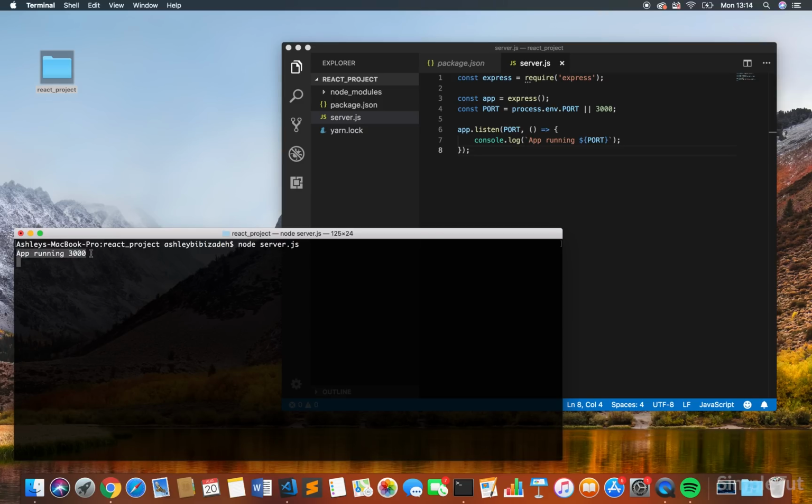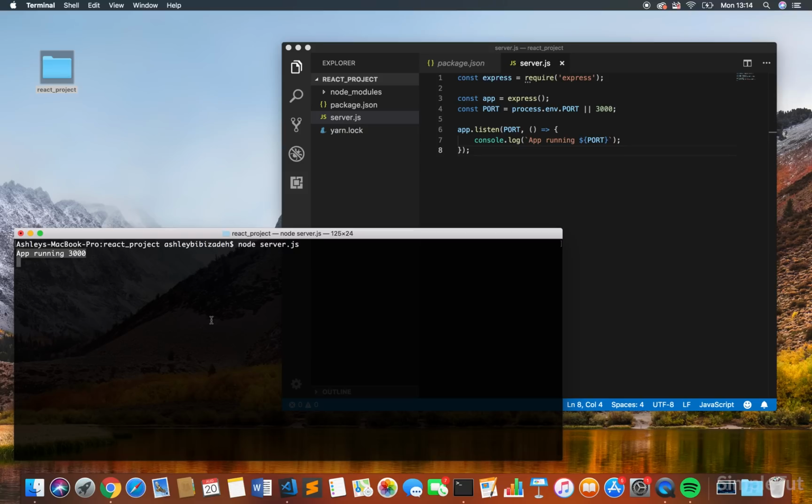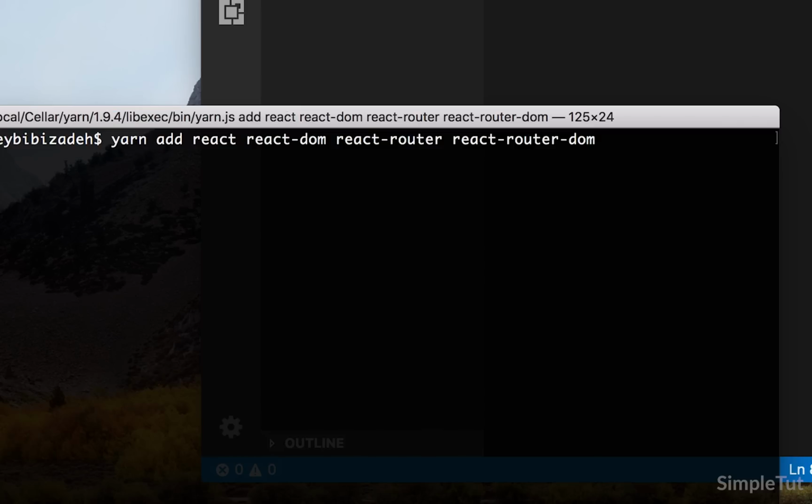Okay, so what we need to do is go ahead and write our first React code. Before we can actually do that, we need to install those libraries. So to do that, I'm going to type in yarn add. Again, if you're using npm, it will be npm install. And we want to install a couple of things. We want to install React. We want to install React DOM. We want to install React Router and React Router DOM. There may be a few more, but for now I'm just going to go ahead and click return to